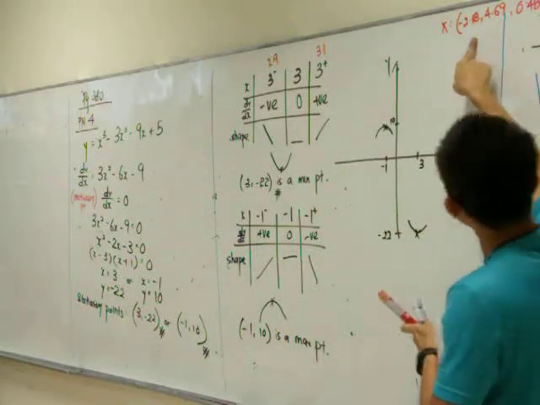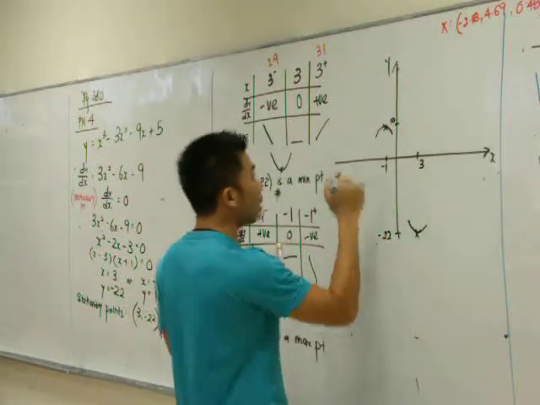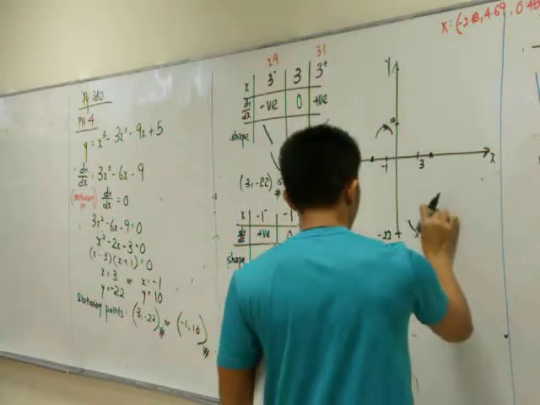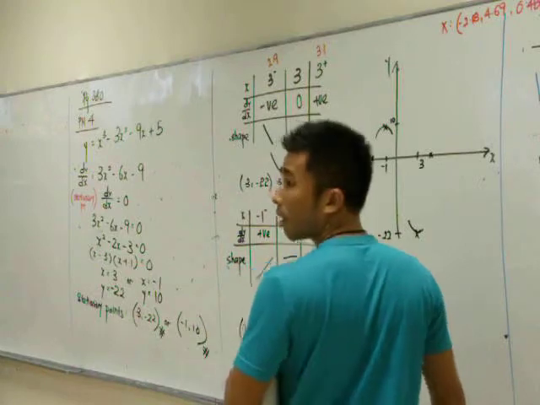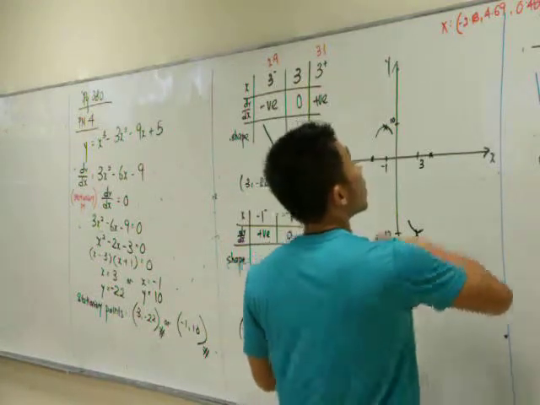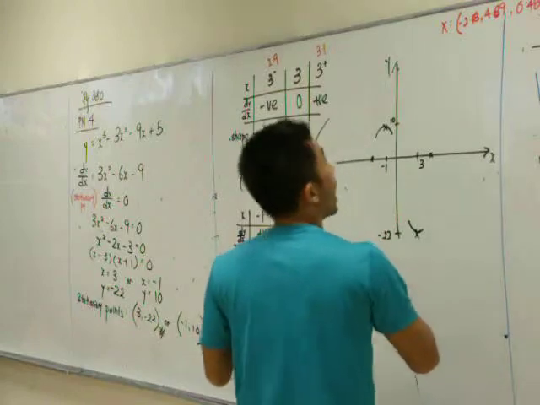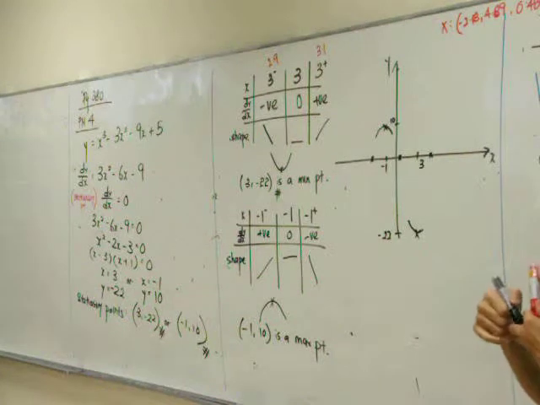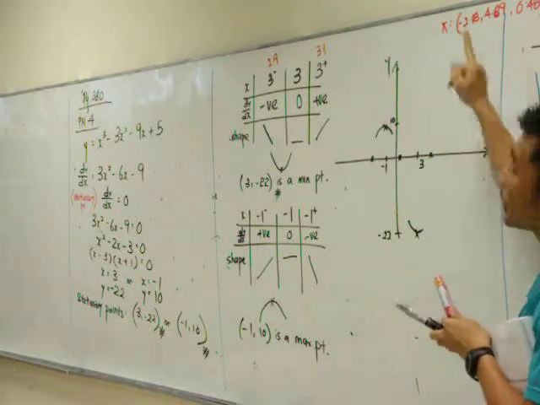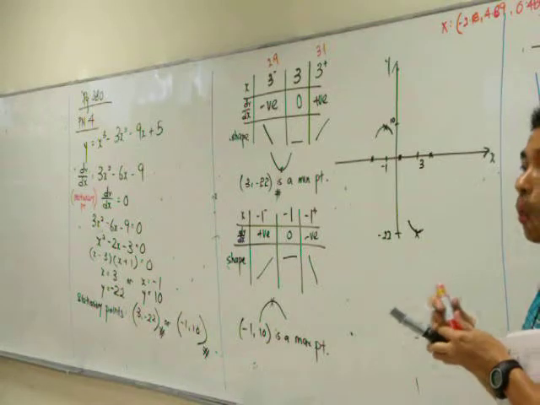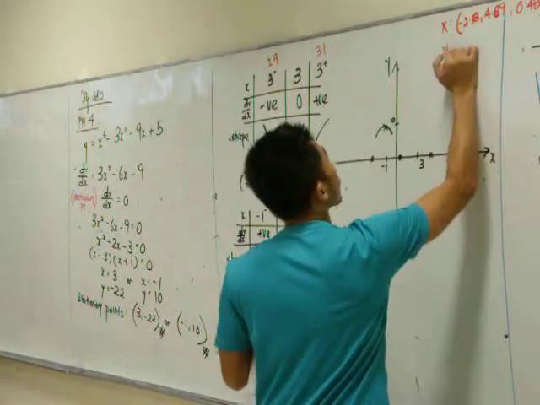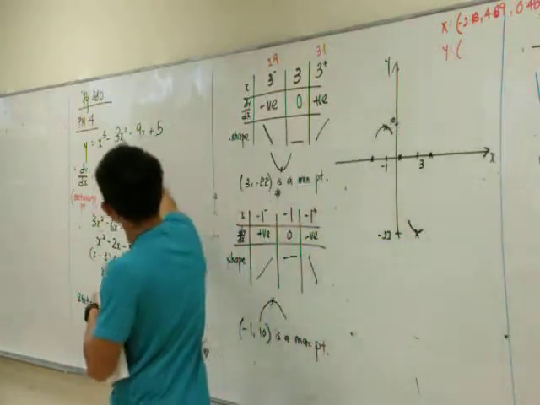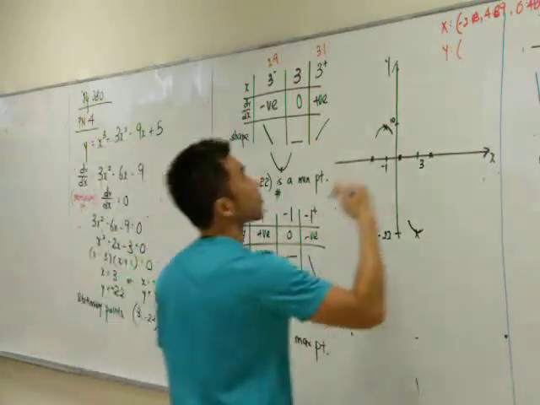Okay? Quick estimation, -2.18 should be somewhere here. 4.69 should be somewhere here. So 0.489. Likewise, 0.48 should be somewhere here. What else is still missing? We have the x-intercept. We also need to have the y-intercept. How to find the y-intercept? Make x is equal to 0. When this 0, 0, 0, 0, what is left? 5.